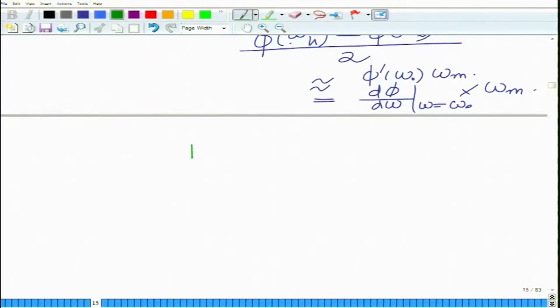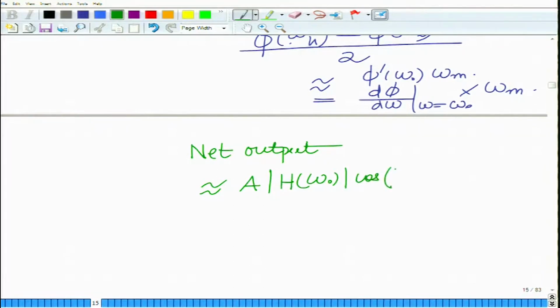Okay, and that yields the net output, which is now approximately A magnitude h of omega naught cosine omega mt plus phi h minus phi l by 2,